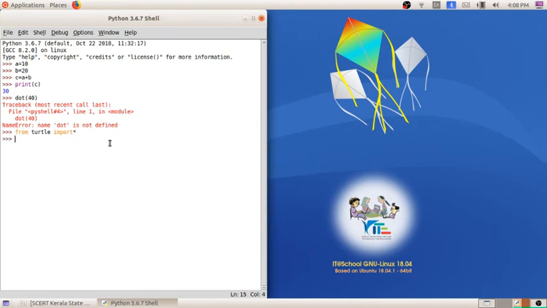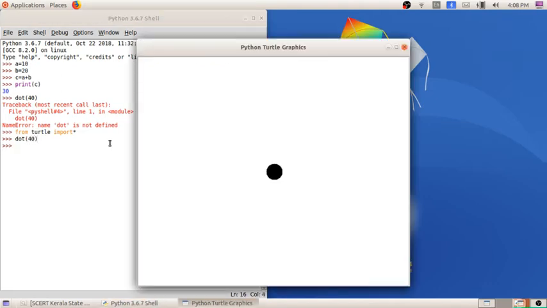After that, I am writing dot of 40. When I press enter, you can see a window named Python Turtle Graphics. From the command itself we can understand that dot of 40 means plotting a dot in the window.